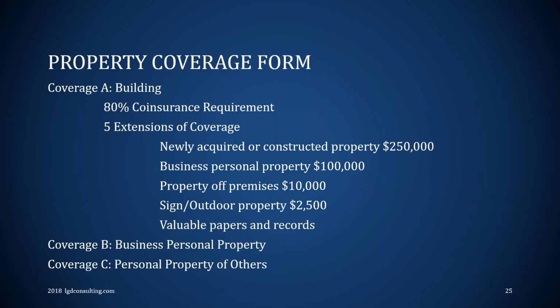All right. You get $10,000 for property off premises. In a commercial property policy, it typically will only cover you and your property in and around the building within 100 feet of the premises. So if you extend that 100 feet from the premises world, there's no coverage. One of the extensions is we can give you up to $10,000 for business personal property off premises. Okay. If you have a sign, it's attached to the building, we give you $2,500, and there is some limited valuable papers and records coverage also.